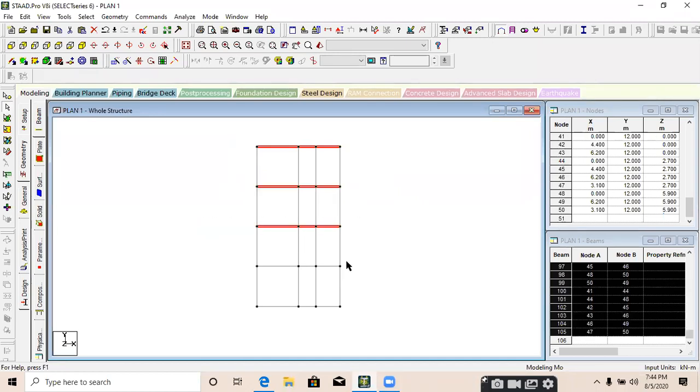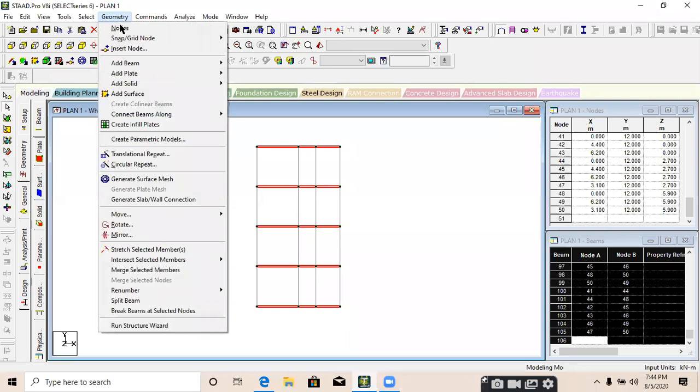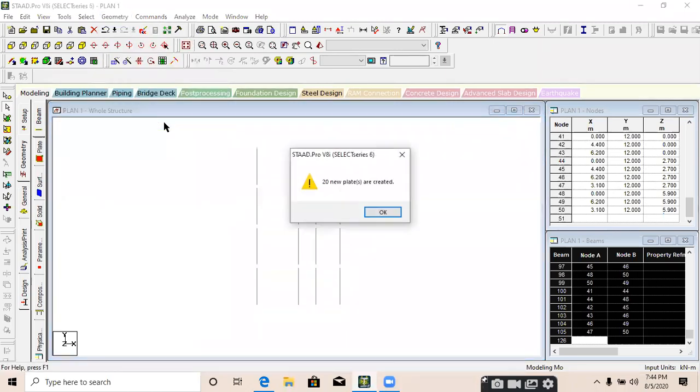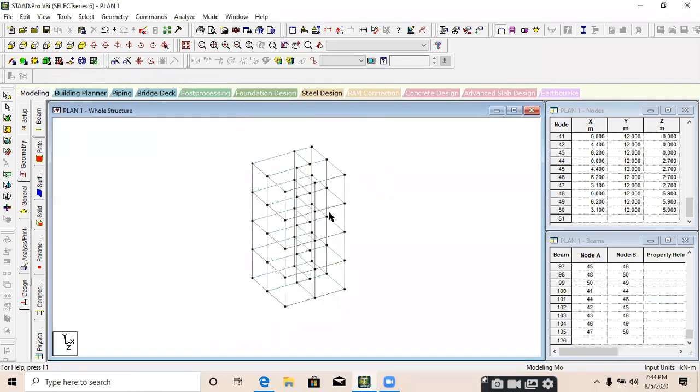Select all the floors from front view, and then click on the fill floor grade with plate option over here. You can also go to geometry and create infill plates. All the plates are created.